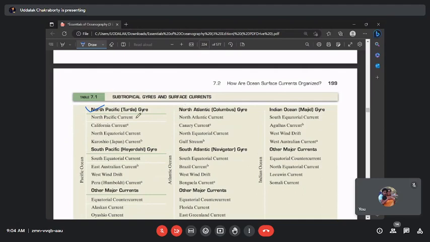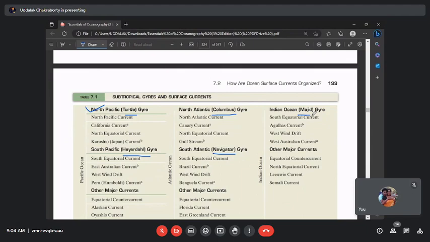Like, the North Pacific gyre is known as the turtle gyre. The South Pacific is known as the Hair Dial gyre. The North Atlantic is known as the Columbus gyre. The South Atlantic is known as the Navigator gyre, and the Indian Ocean is known as the Majid gyre. Okay, I would suggest you guys at least remember which gyre is which, because in some cases in the